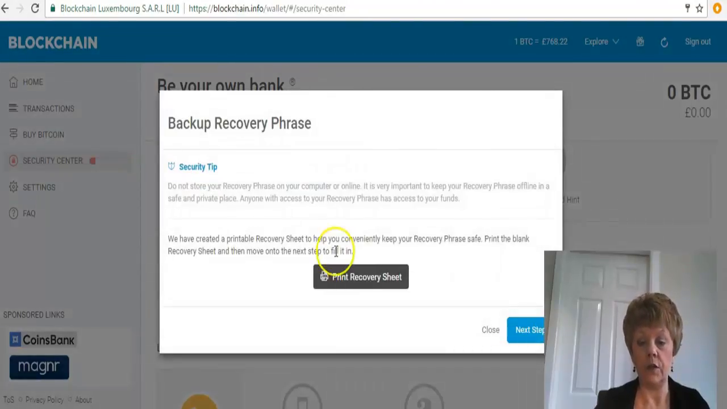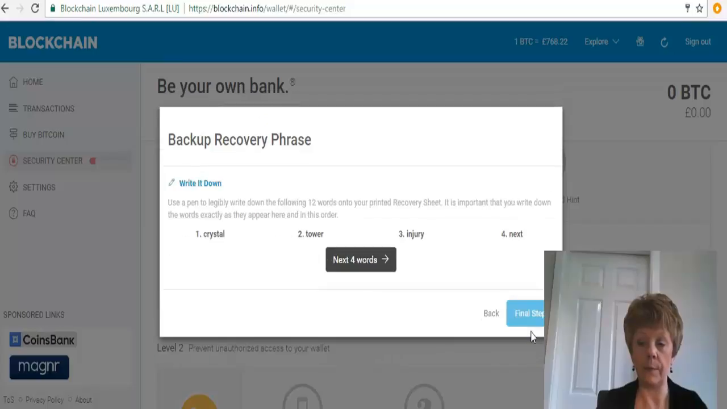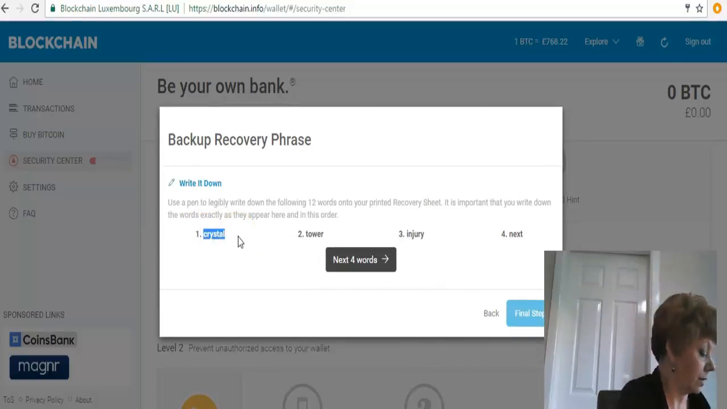Okay, now it wants you to fill out this recovery sheet. You can do that, or you can just have a piece of paper ready to go, and what you need to do is click on next step. Can you see these words here? You need to write these words down, so let me just write those quickly. So it's Crystal, Tower,